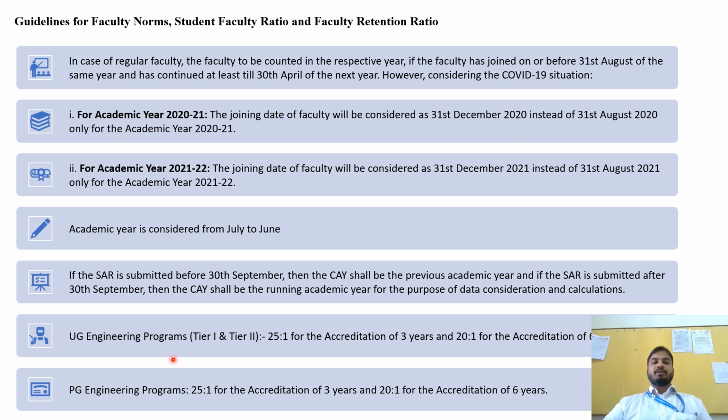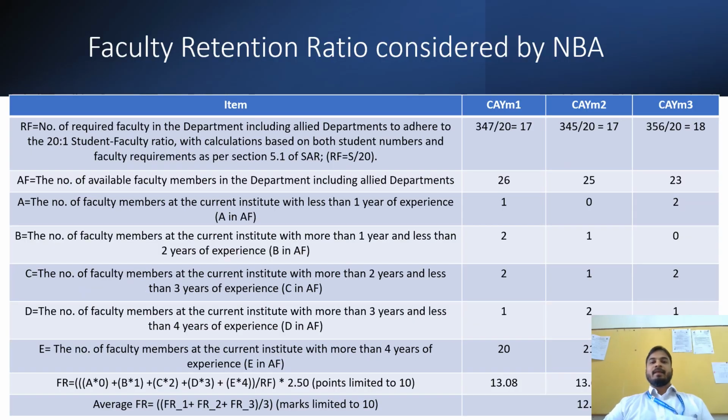For PG engineering programs, 25 is to 1 should be the minimum SFR for accreditation for 3 years, and 20 is to 1 or less than that for accreditation for 6 years, again along with other criteria that have been mentioned earlier. So the faculty retention ratio calculation that has been considered for NBA for the new format is listed in